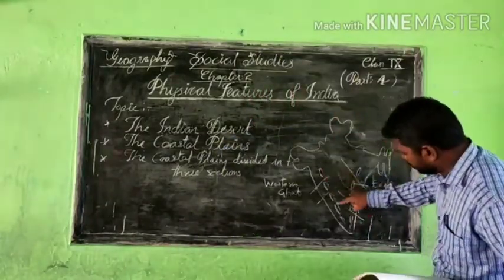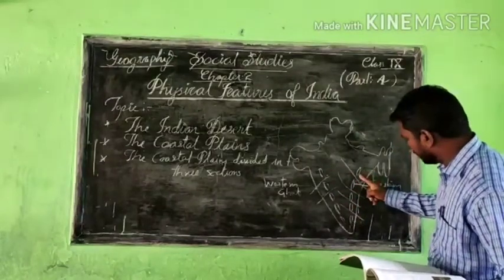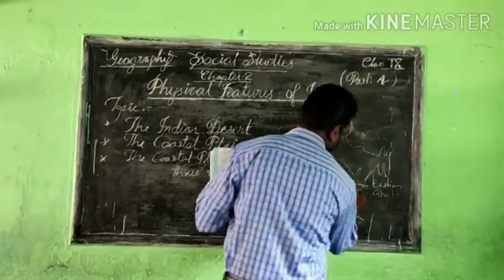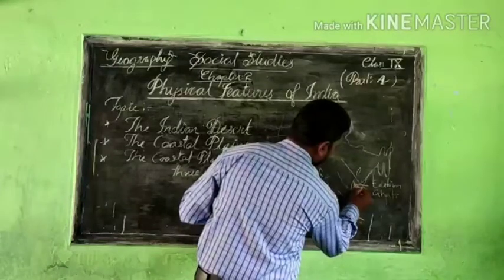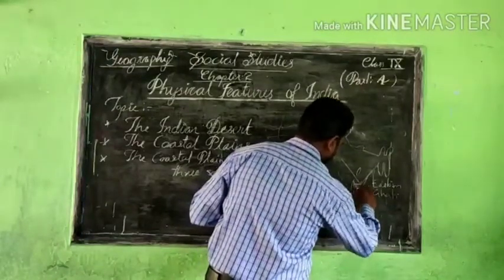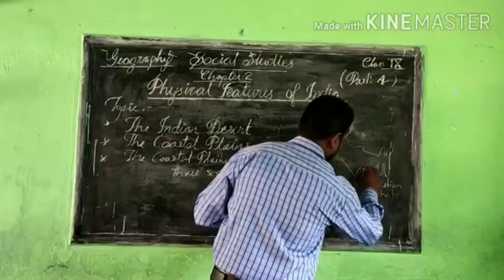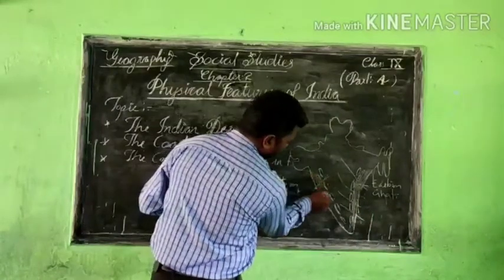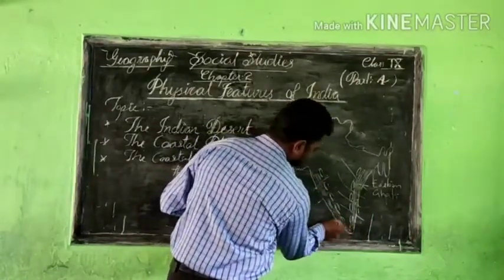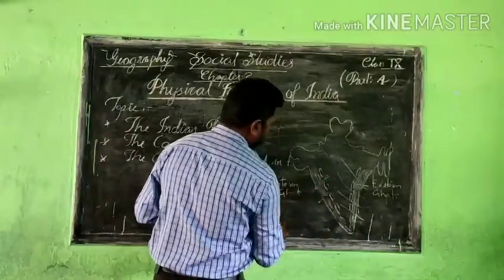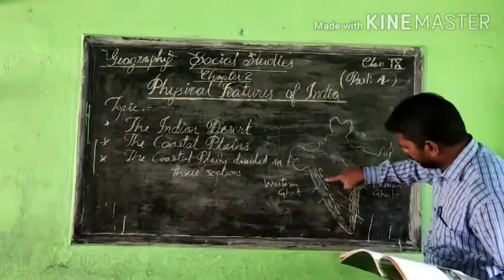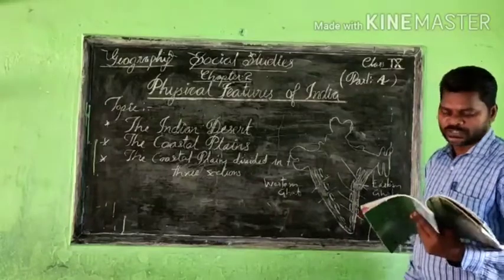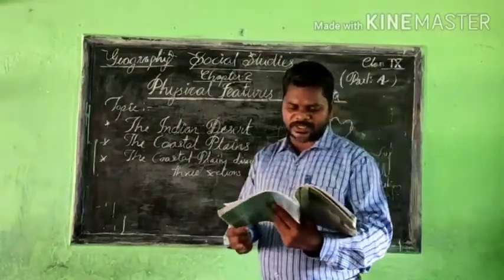You know that this is the Western Ghats. Mountains are there in the west, and in the east the Eastern Ghats are there. In between, passes are there. From here to this area, these are mainly the Eastern Ghats. You understand? This area mainly we can see as the Eastern Ghats, and this area mainly we can call the Western Ghats plain. So in between the mountains and the Arabian Sea, there is a plain that is called the Western plain. You understand the thing from here.